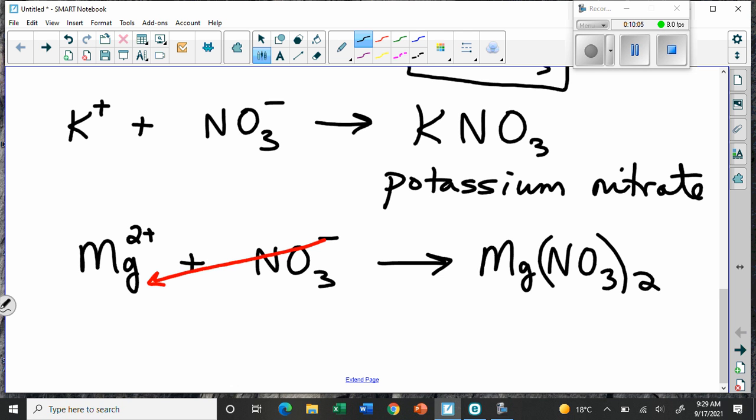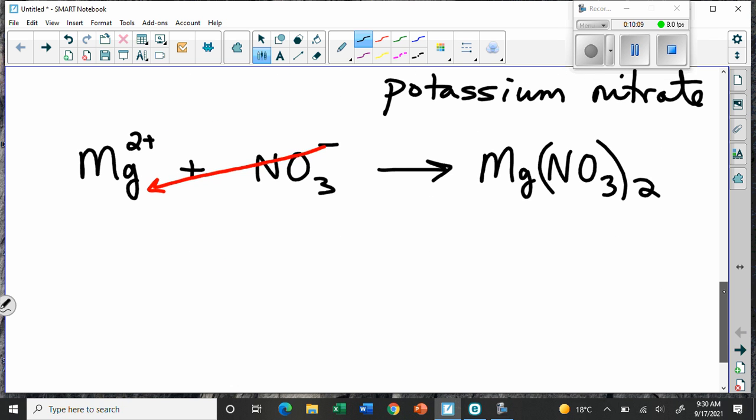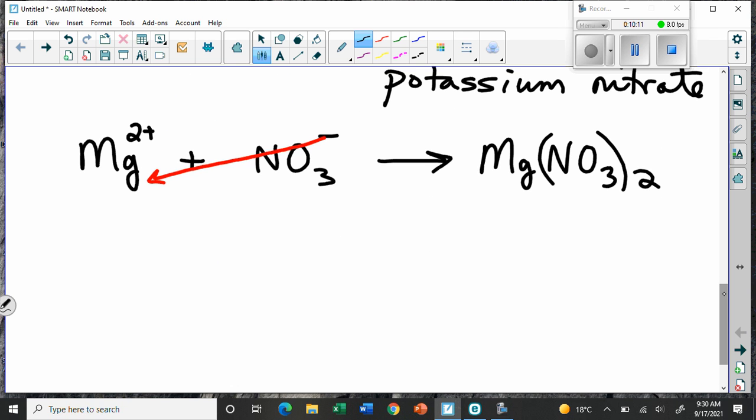So what this means then, remember, we do the crisscross and then we forget what it means. What it means is this. Nitrate ion is -1. Remember what -1 means. It means you have an extra electron that you'd like to get rid of. That's what it means. Fluorine is -1. She has the extra electron to get rid of. So that's what it means. And magnesium is +2 because it wants,